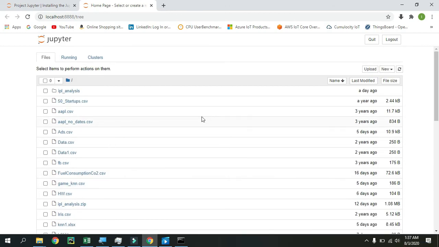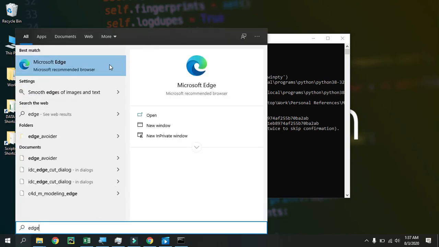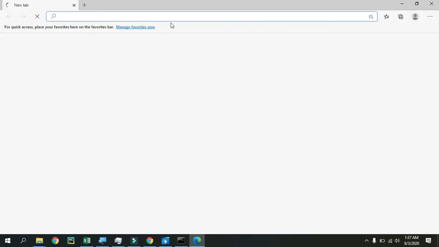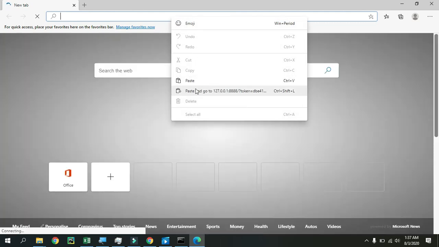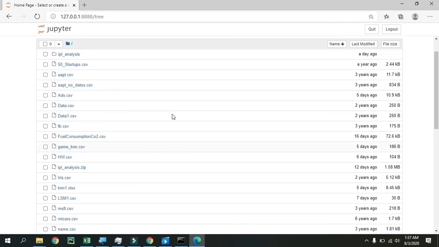One more thing guys, if you wanna open up in some other browser, you can also do that. So let me just copy this by selecting it and right click. You don't have to use Ctrl C, remember this, because it will close our server basically. So just do a right click, basically it will just get copied, and then open your browser. So in my case I'm just gonna use Edge and just paste the address and you're good to go. Here we go, we are inside this.